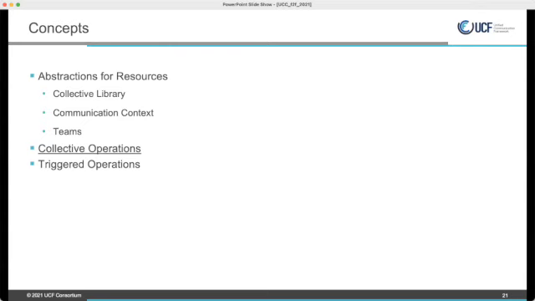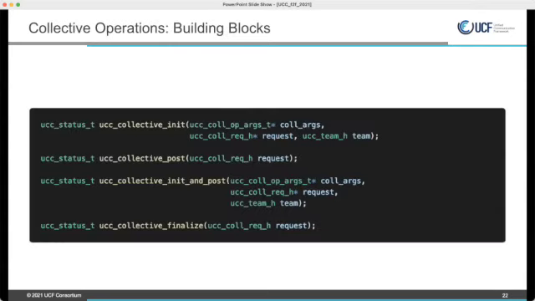So with that, we'll jump to collective operations. So we have a team, context, and library built. So once we have this, right, we can initialize a collective. When you call the collective init, you are building all the resources and initialization required for the collective.